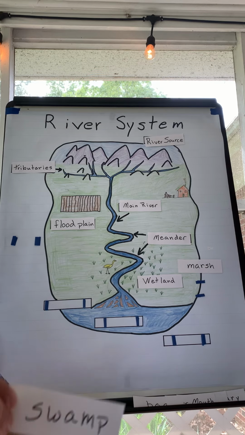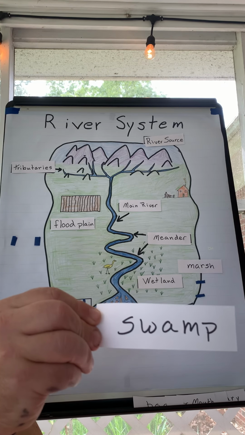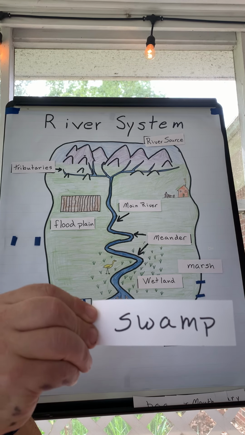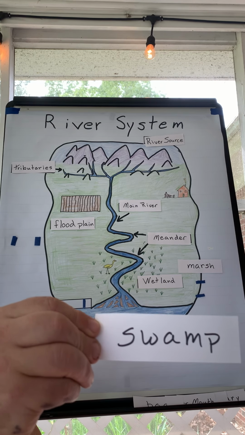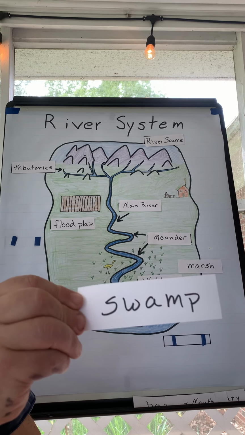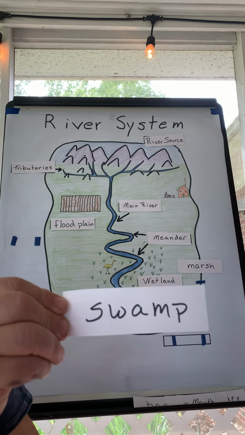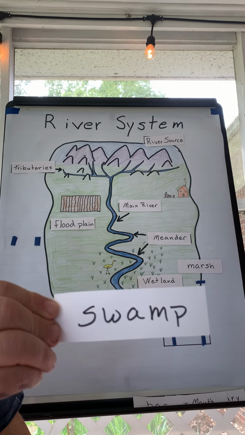We also have one of the largest swamps on the East Coast right here in Chesapeake, the Great Dismal Swamp. Starting in Chesapeake, going down through northern North Carolina, the Great Dismal Swamp is one of those, and the swamp is a very big wetland, especially the one that we have here.